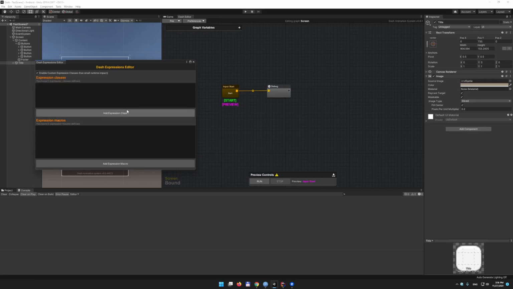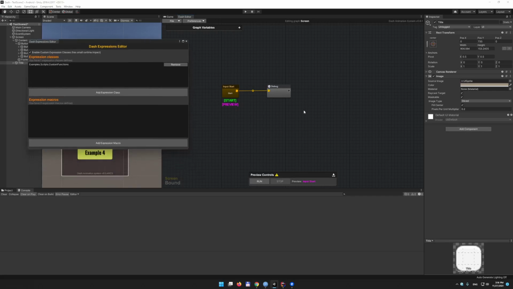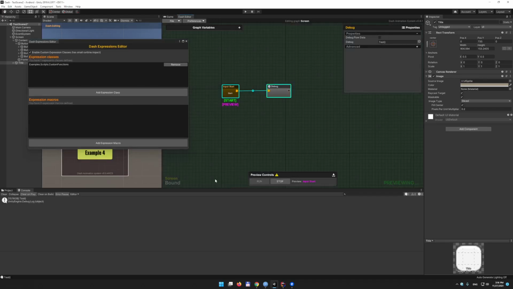So let's start with an expression class. I have one, so I will just add it. I called it custom functions, and it's automatically there. So it will call a custom function inside it using reflection, and it will try to look for test. So if I run it,